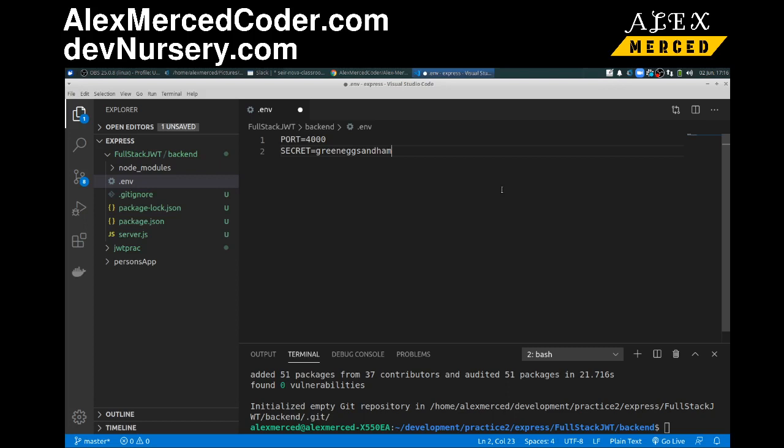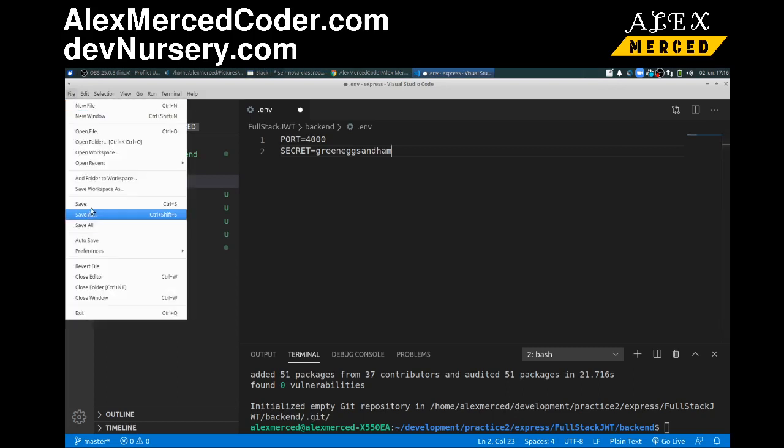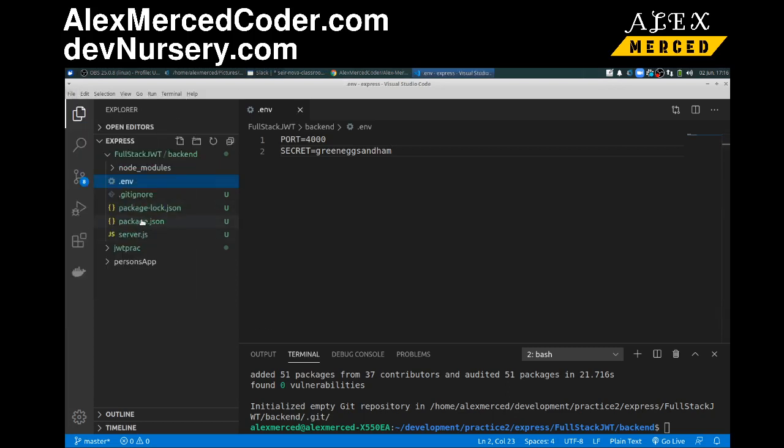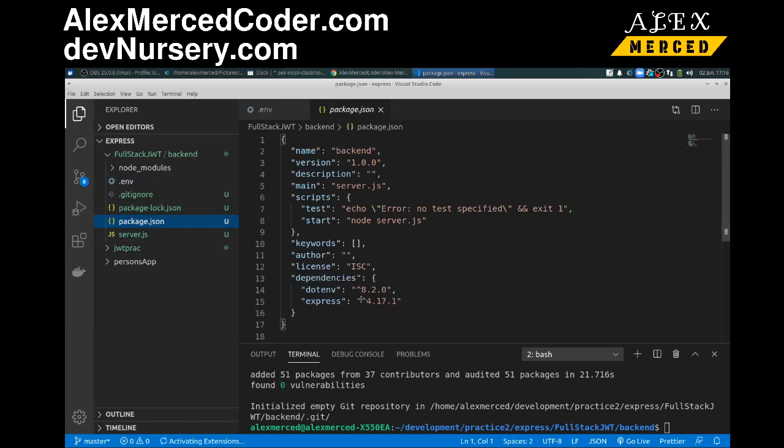Okay, and anything else I think I'm going to need right now? I think that's all I'm going to need for this particular exercise. Now this automatically installs certain dependencies for me, so let's see what it already has. So I got .env and Express, but I still need JSON Web Token. So I'm going to do npm i